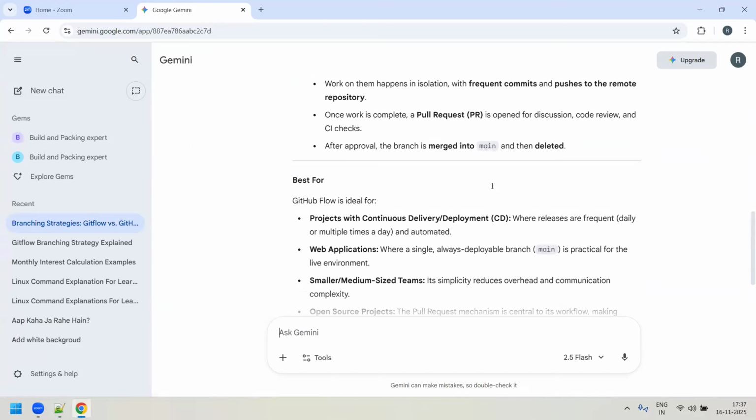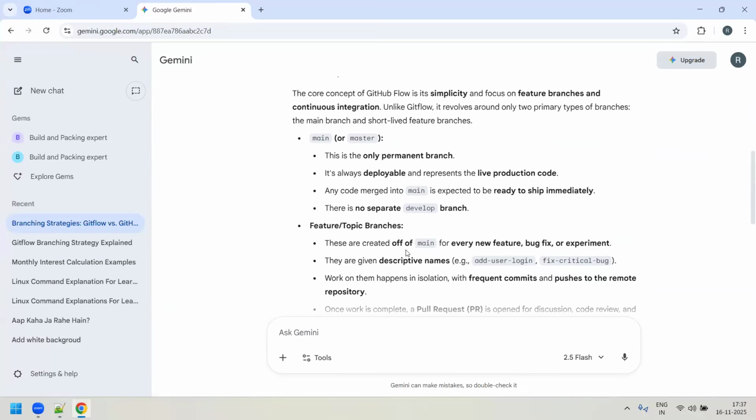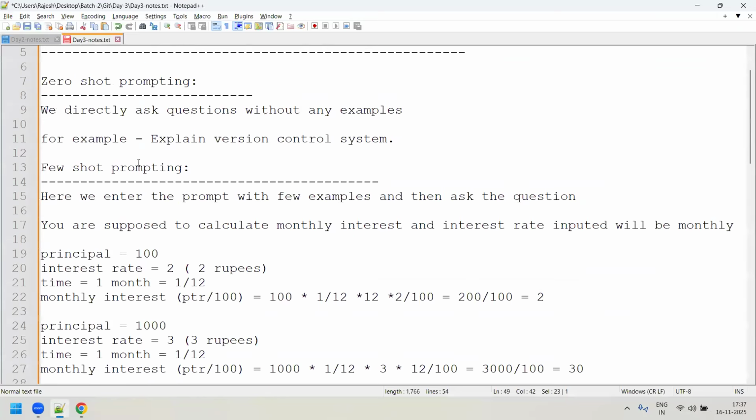So in this way, why are we using these few-shot prompts? Because we will get exact, accurate information, what is required for us. We don't need all the elaborate information. Elaborate information is where you need to understand everything from the very basics. Now the time has come where you need a crisp answer, and you don't need any other sentences. Then go with few-shot prompting. This is what we call few-shot prompting, right?